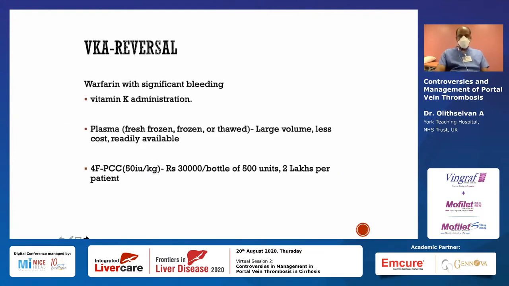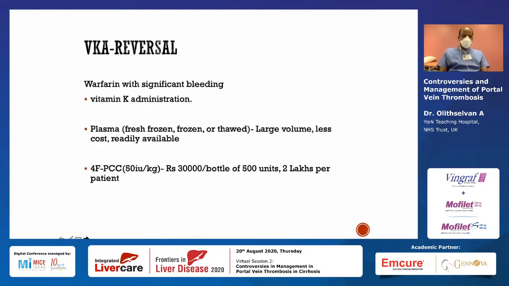Again, just putting everything together and mainly looking at the reversal. Reversing a warfarin patient is much easier. So you need a little bit of vitamin K, a few milligrams. If you give about 10 milligrams, that is completely saturated. You can give plasma if bleeding is an issue and INR is very much prolonged. And if volume is a problem because of plasma, you can use